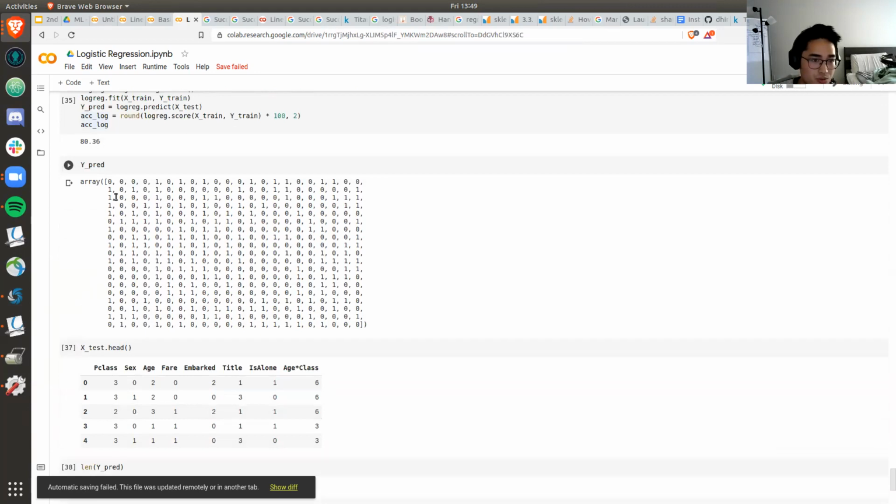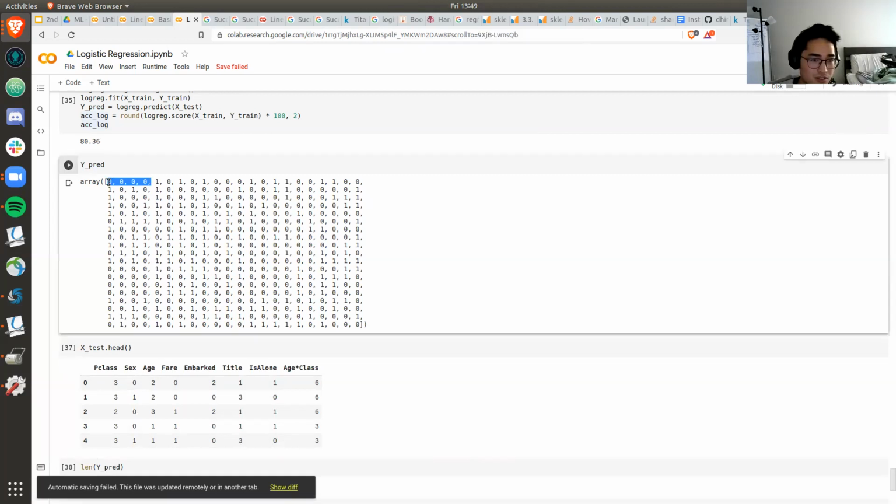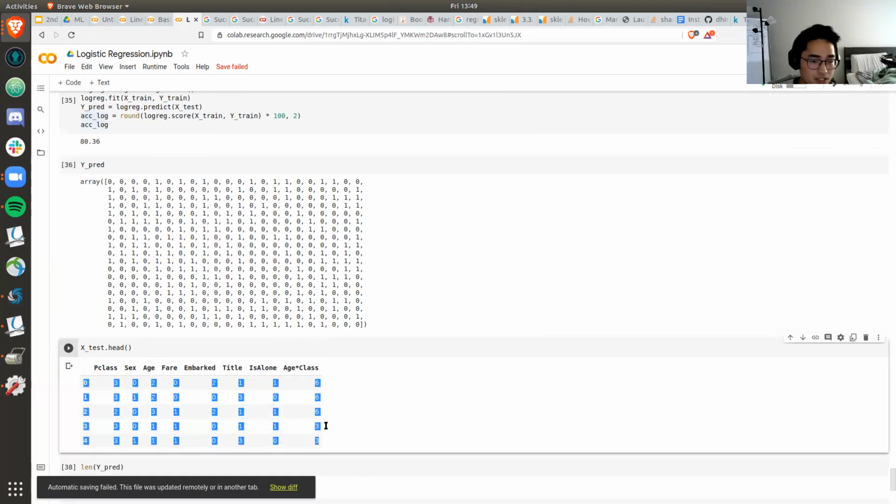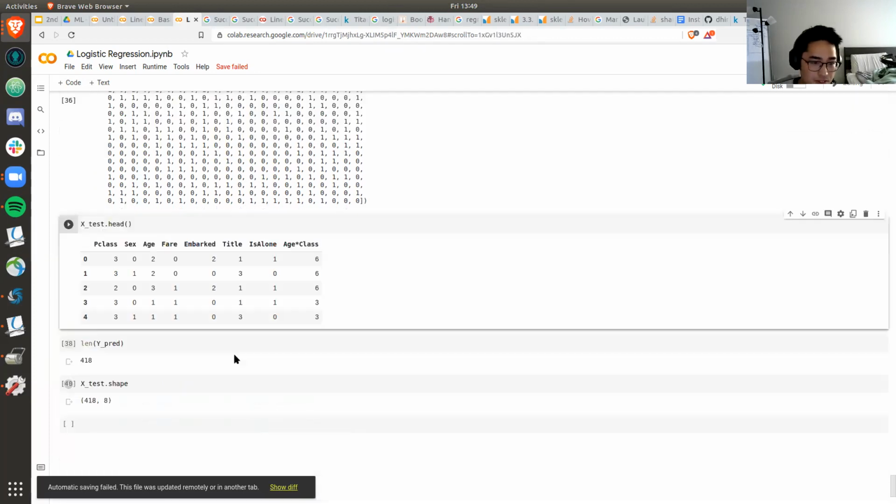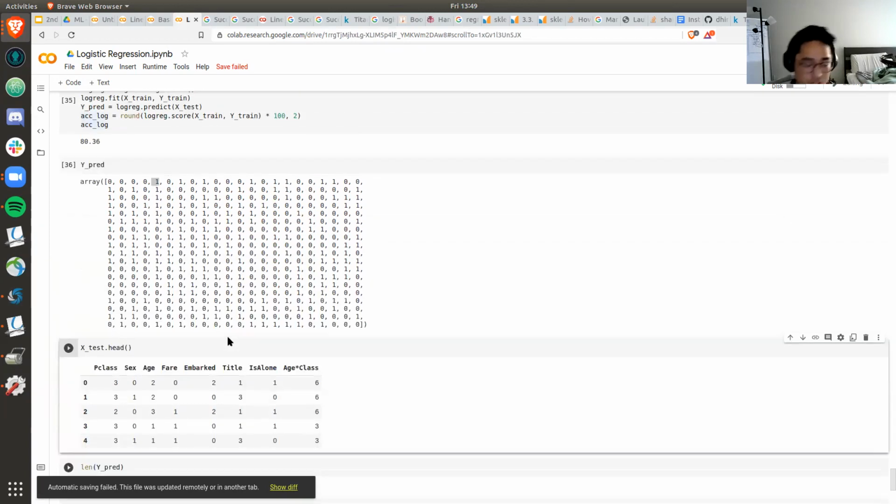And so we can see that from 0 to 4, so pretty much 0 to 3. Oh, sorry. Yes, so 0 to 3. Remember, the first index is 0. So from 0 to 3, these guys did not survive. But 1 right here, 4 survived. So pretty much this is an okay model. It was able to predict with 80% accuracy.